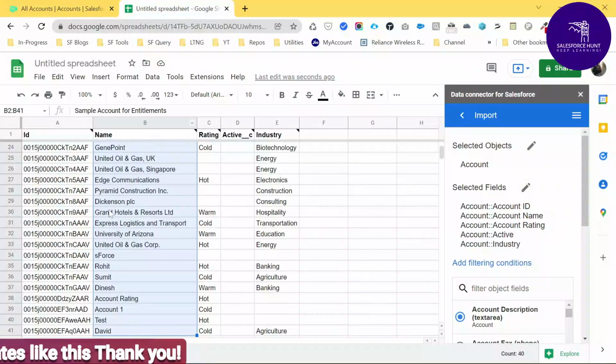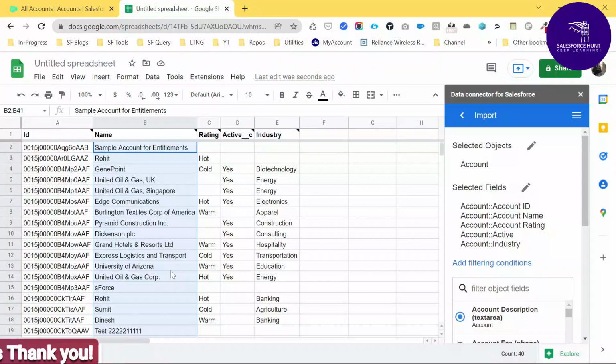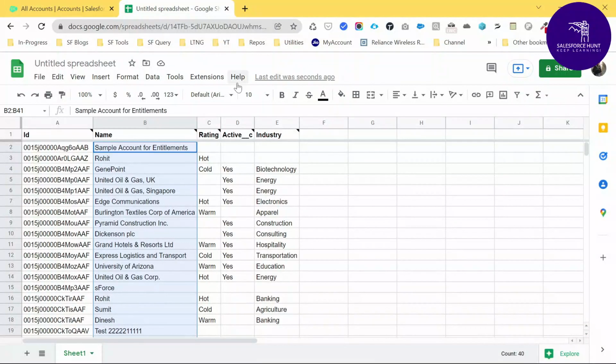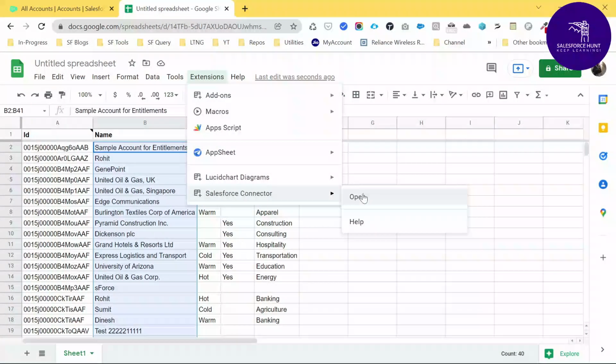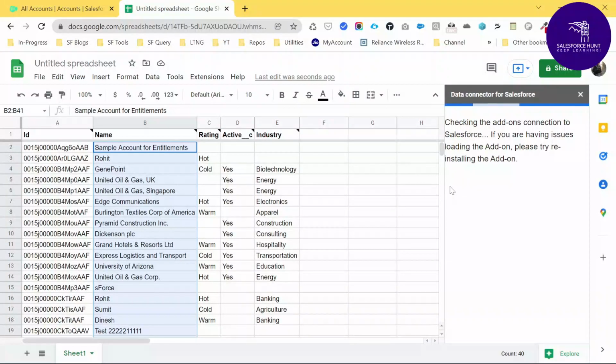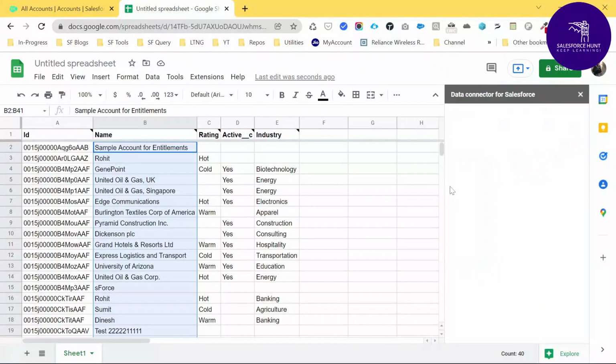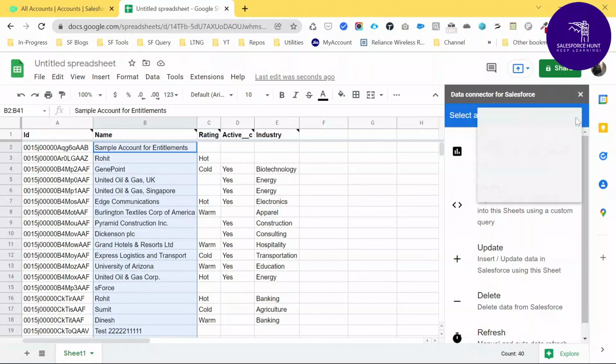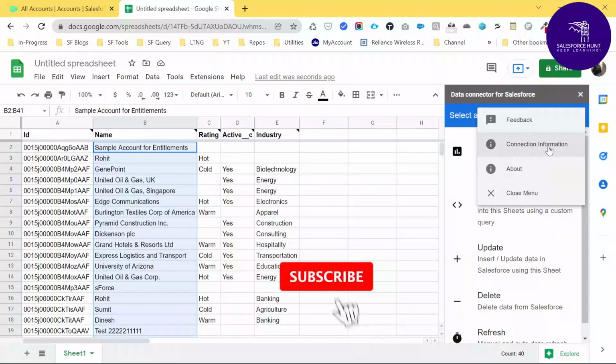Let me check again here. Maybe a different org is there, so let me check my org first of all. Just click this cell, open, and let me check which org I have right now. Here you can see the connection information.